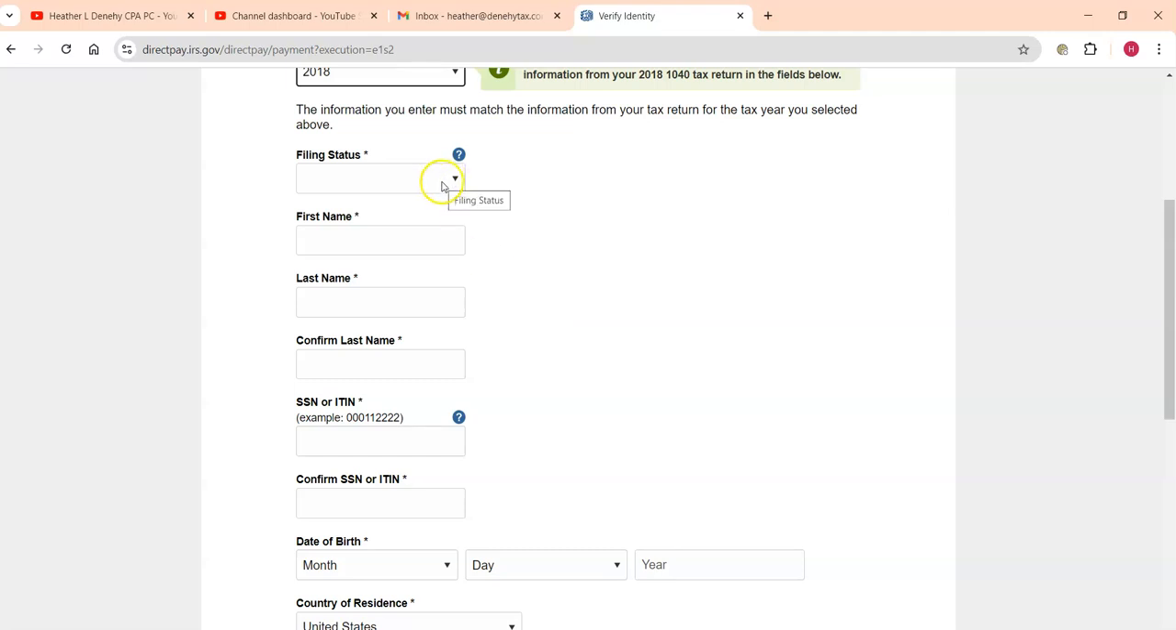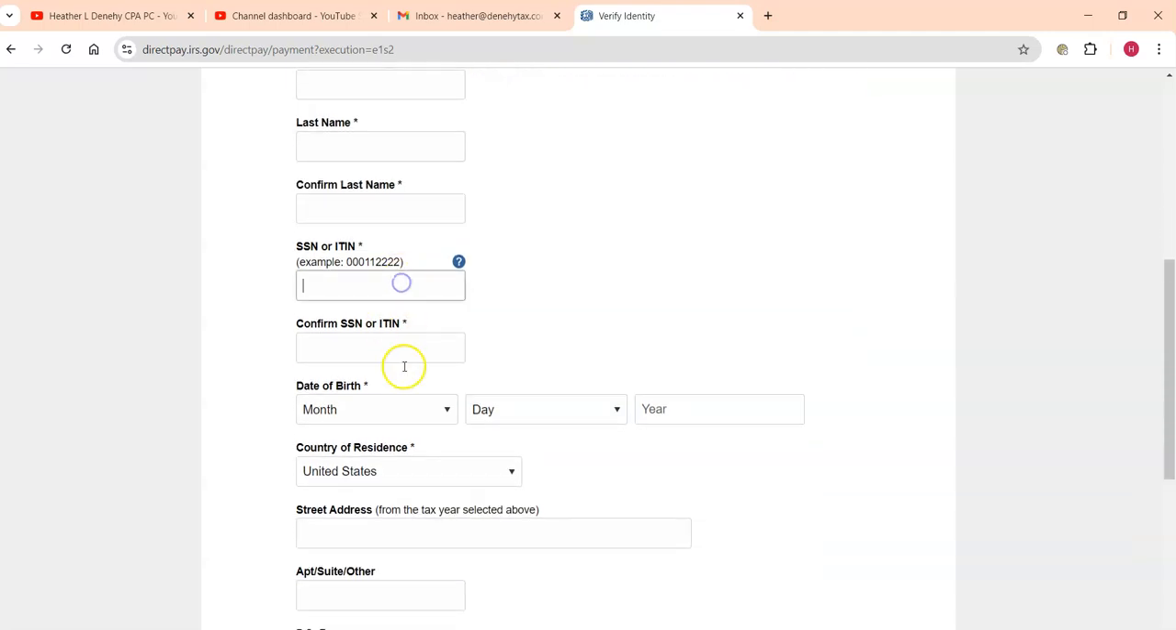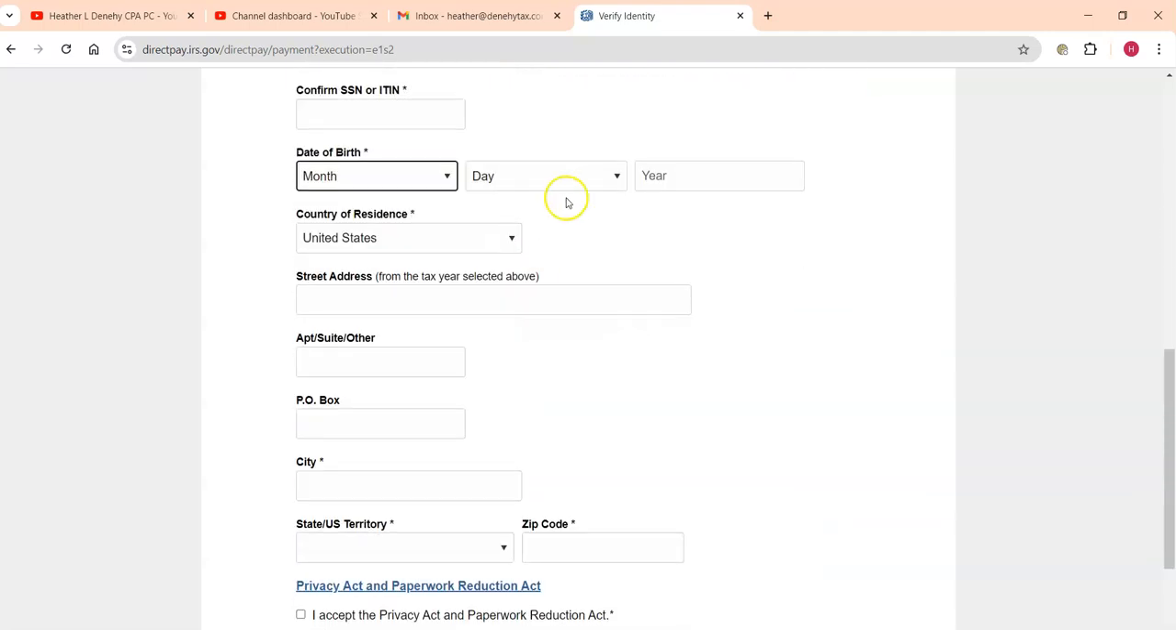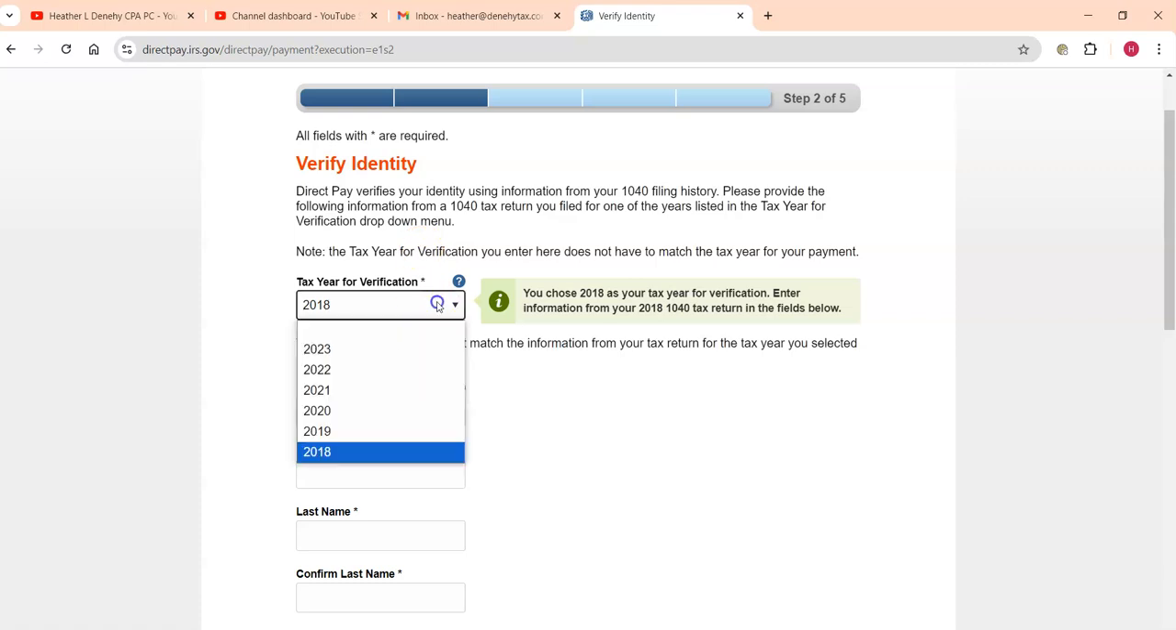So what was your filing status in 2018? What was your first name, last name on your tax return? Your social security number, your date of birth, those won't change. What was your street address on the 2018 tax return? Again, if you choose a different year, you would follow the same instructions based on the tax return filed for